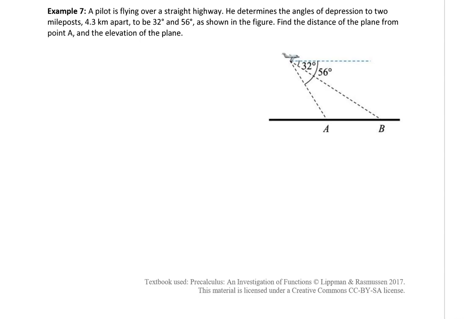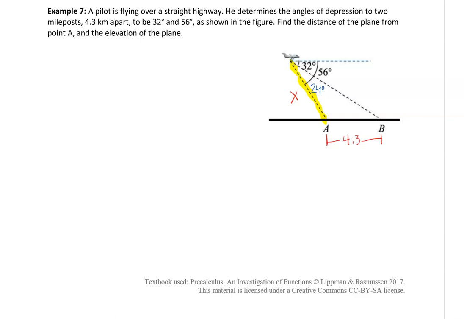And so let's fill in some information we did not mark. The distance between them was 4.3 kilometers. And he would like to know the distance of the plane from point A. So this piece right here, let's call that X. That's my end game. That's what I need to figure out. So let's figure out what information we do not have on here. Well, if this entire piece here is 56, 56 minus this little angle 32 gives me an angle of 24